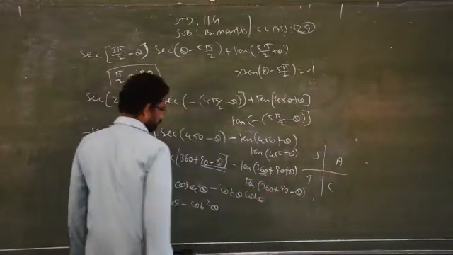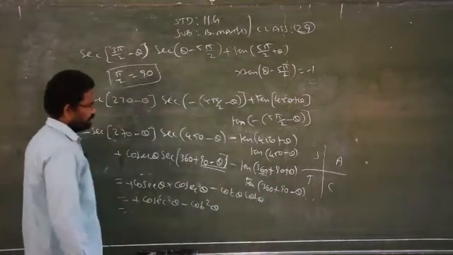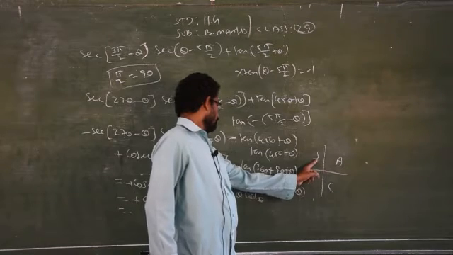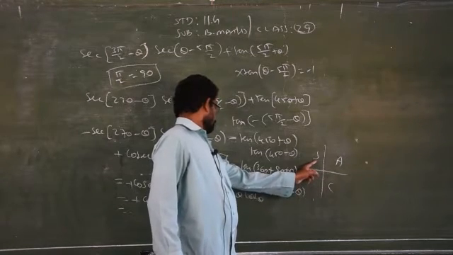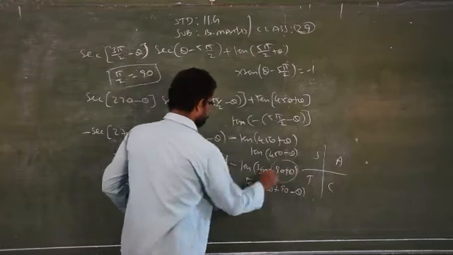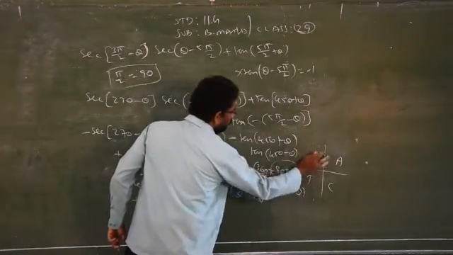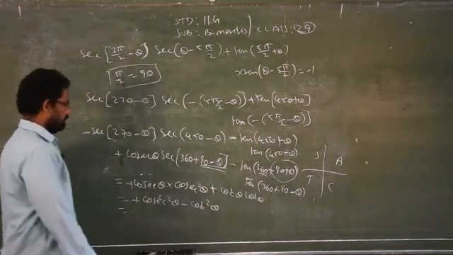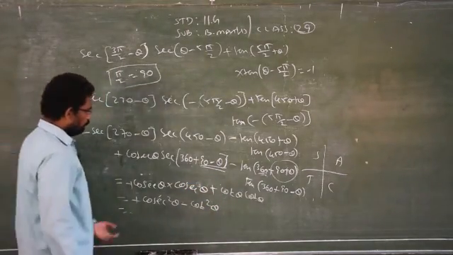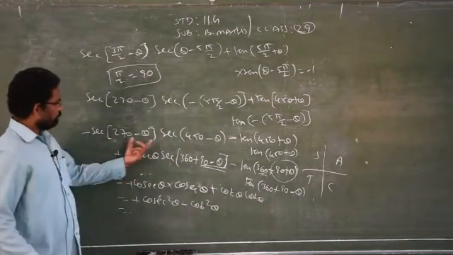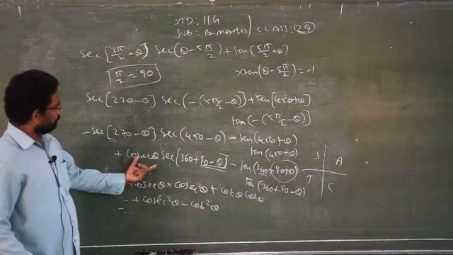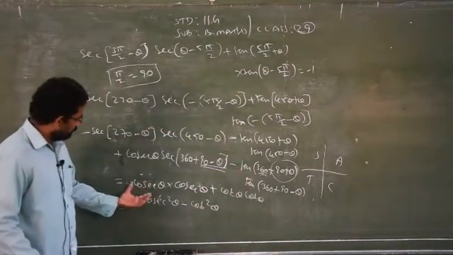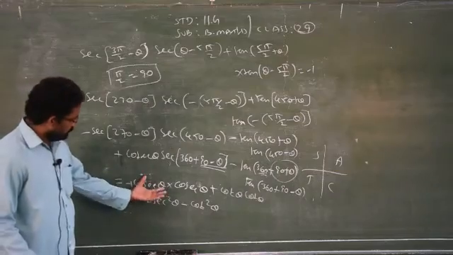Here you see, here 90 plus theta, I said 90 plus theta where will come? In second quadrant. So in second quadrant, which one is positive? See this one. 90 plus theta will fall on second quadrant. Second quadrant sine alone positive. Therefore, what will come here? Plus. So therefore, now you can see here also we'll have some changes in the sign. So be careful. We have some changes in the sign. Somewhere I missed the negative sign. You please just copy it.